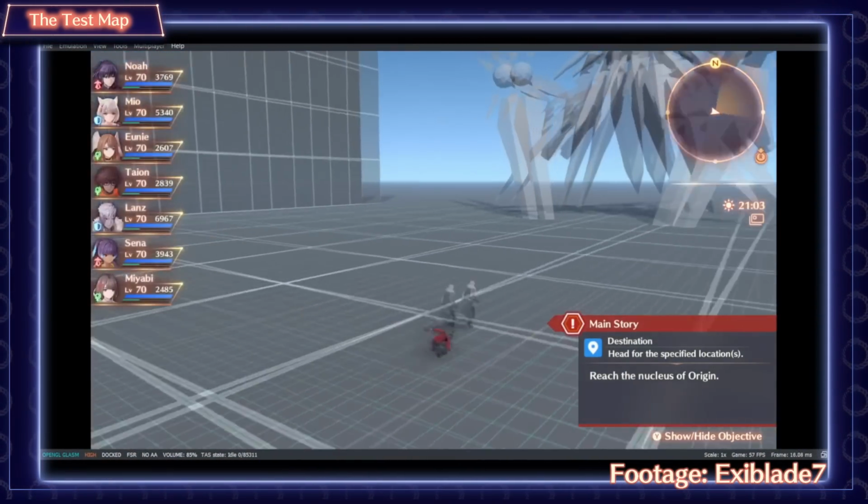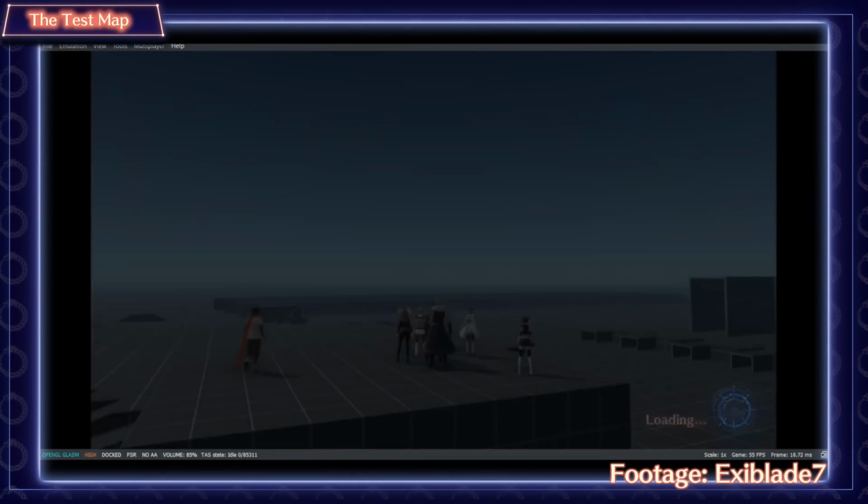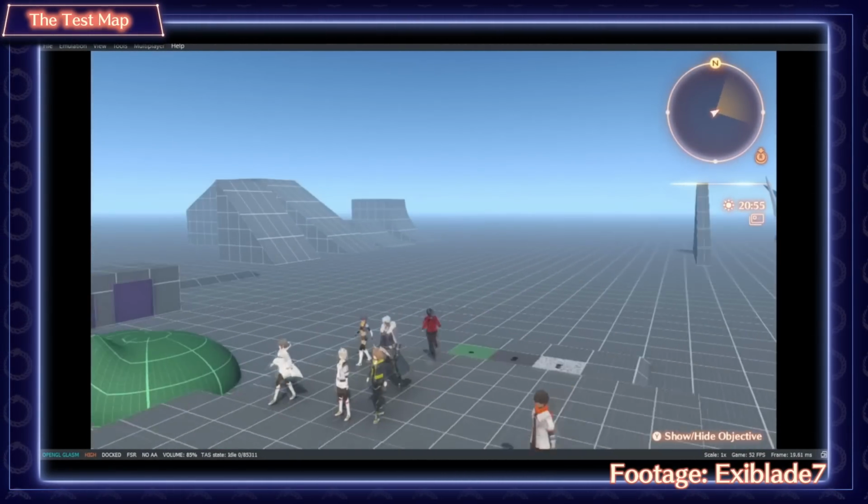There are also some leftovers from Dee's test map, like a textureless siren. Overall, some very interesting things to see in this test map. If you want to see the full video, I'll put it in the right hand corner and in the description. Next up, we have...